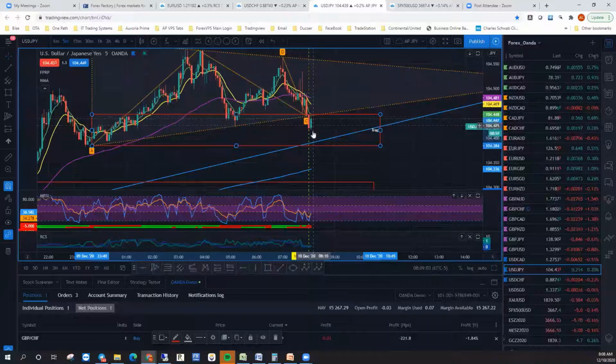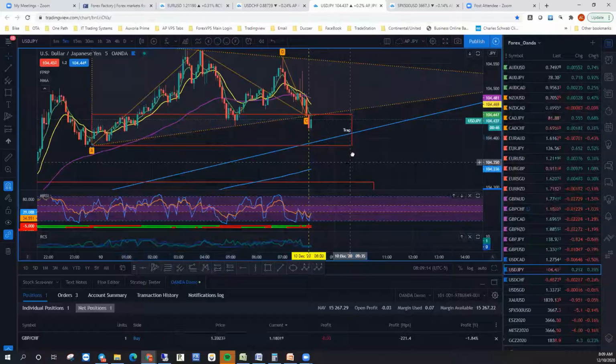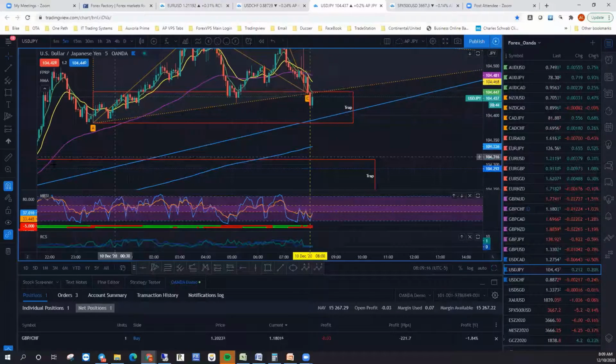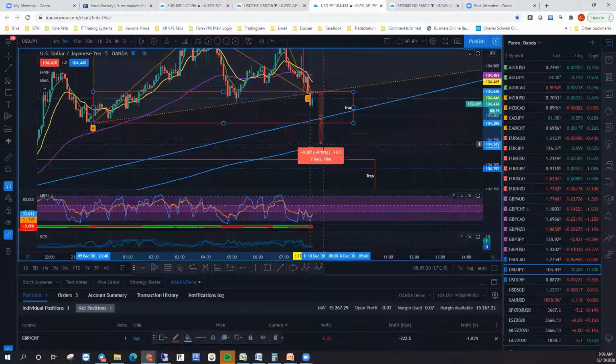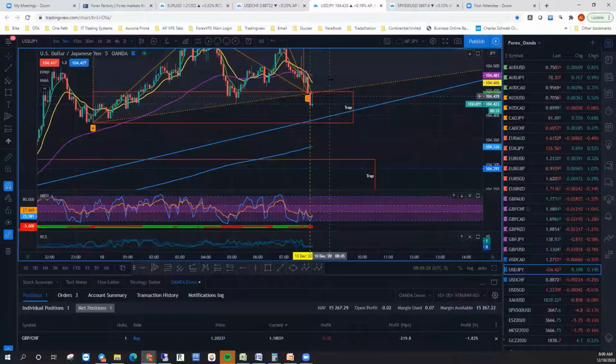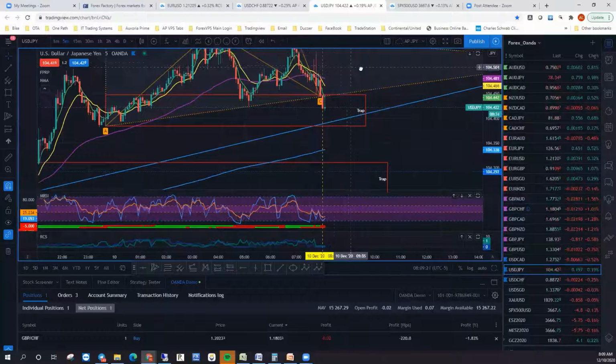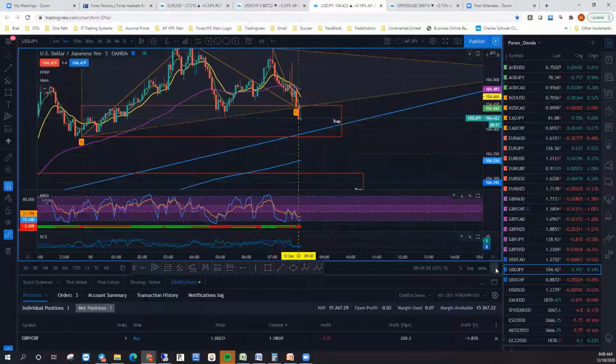If it can get down into here, we've got the main trend line coming up. So right now this is our trap area, what I call a trap. Now this could just blow right through and come down to retest this. If we take this off the retrace down to here, we've got 11 pips to the 30-minute 62, and we have all our moving averages in the right direction. Yeah, this could be a good trade there, Matt.